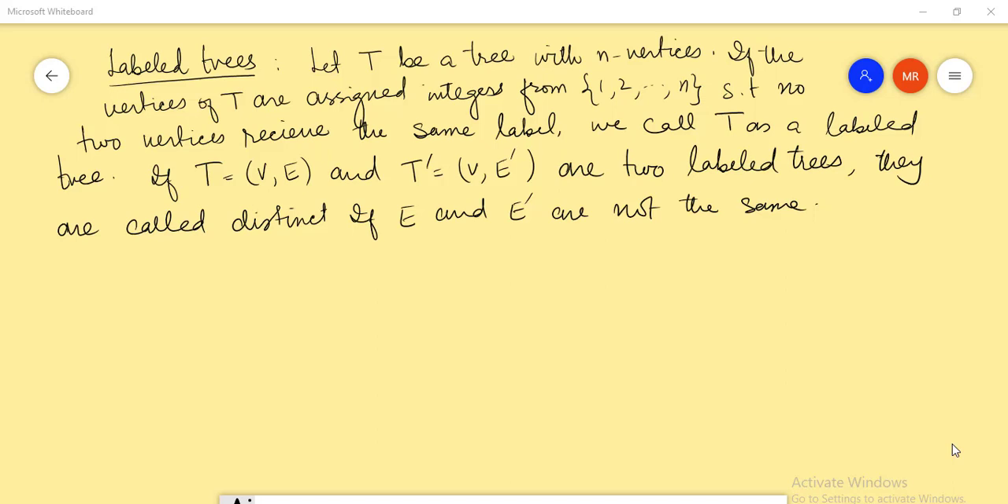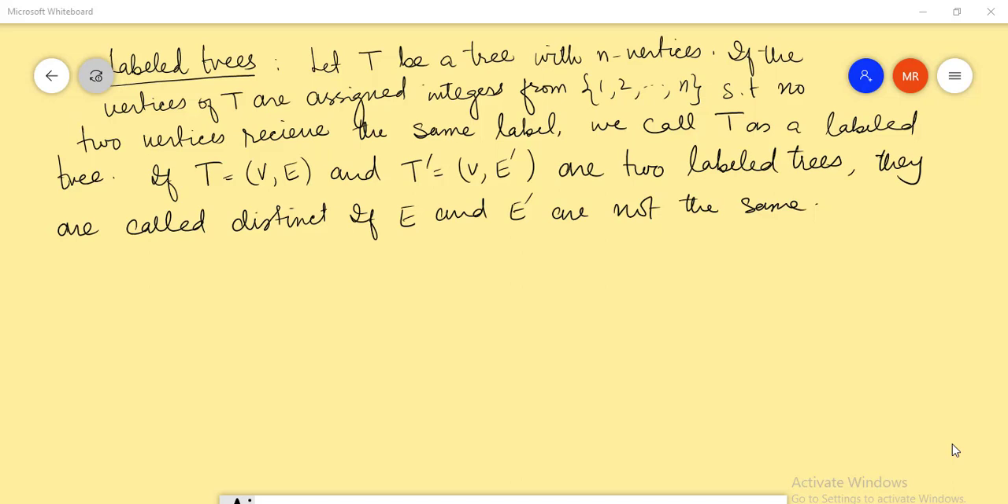Welcome. Today we are going to discuss labeled trees. If we have any tree T with n vertices, and the vertices of T are assigned integers from the set 1 up to n such that no two vertices receive the same label, we call T a labeled tree. Now if we have two labeled trees with vertex set V and edge sets E and E dash,